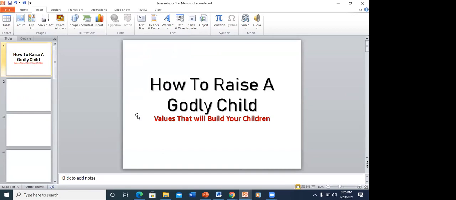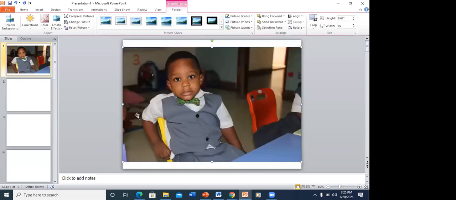I click on insert. All right, so the picture has been inserted on my slides, but we have a challenge. The challenge is that the picture is literally covering my slides. What do I do? There are many things I can do.